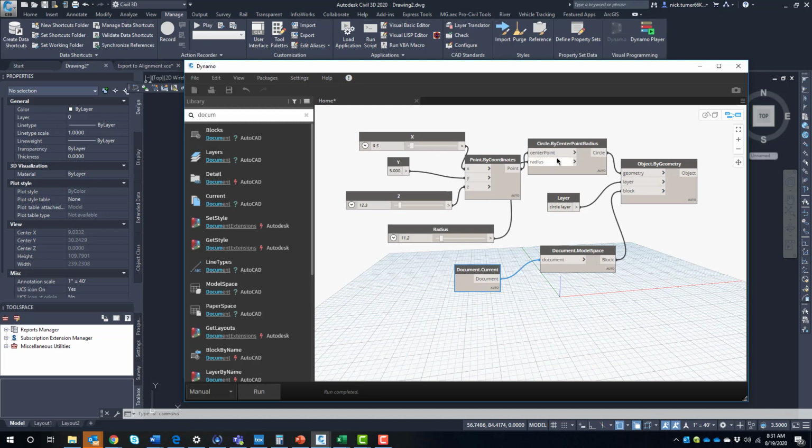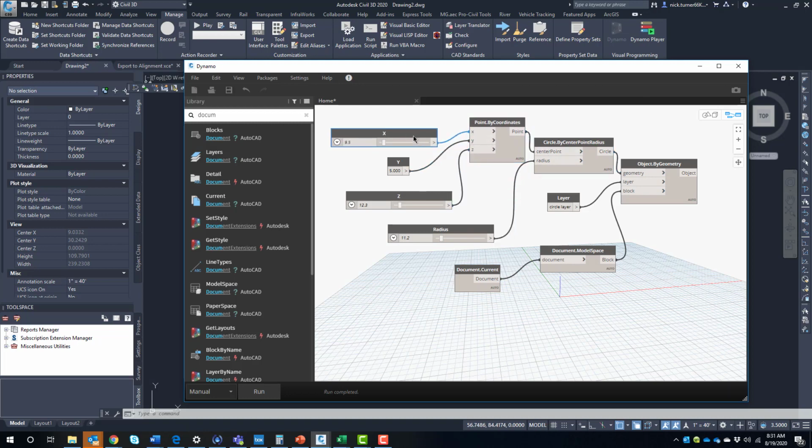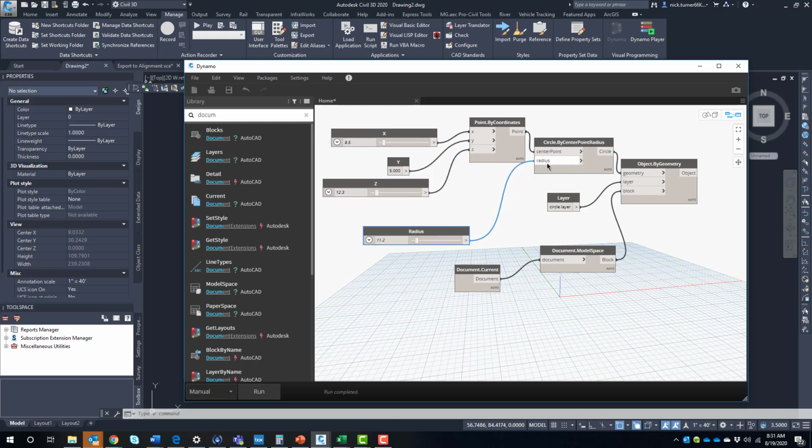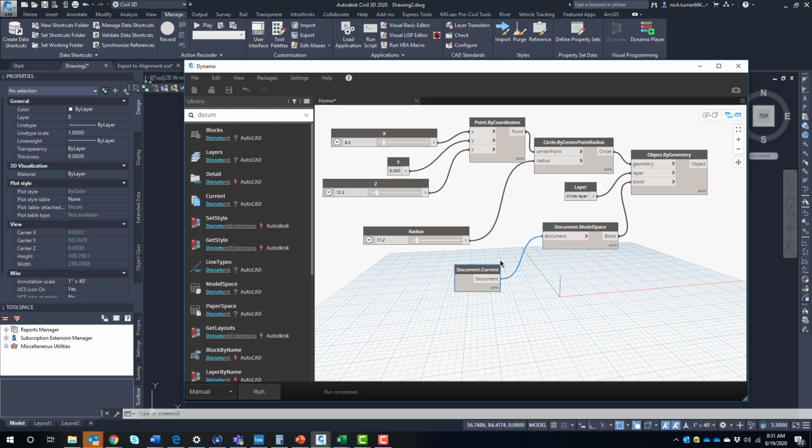So now we started with this circle by center point radius. We told it the point, where it's going to put it. We told it the X, the Y, the Z. We told it the radius of that circle. And then we have this action item here to put it on this layer. Use this geometry for the circle, put it on this layer, and stick it in the model space of this